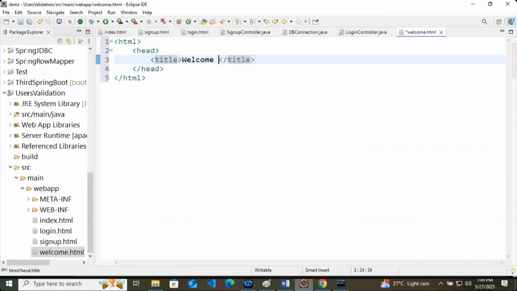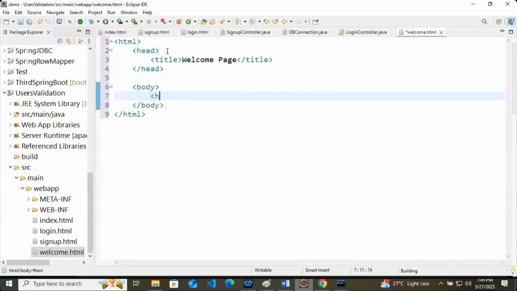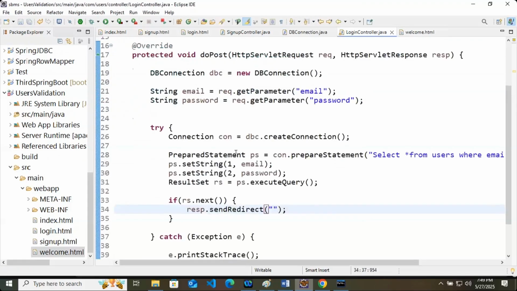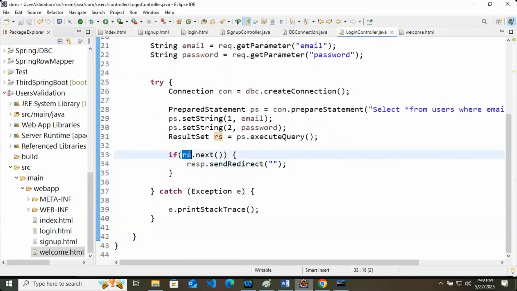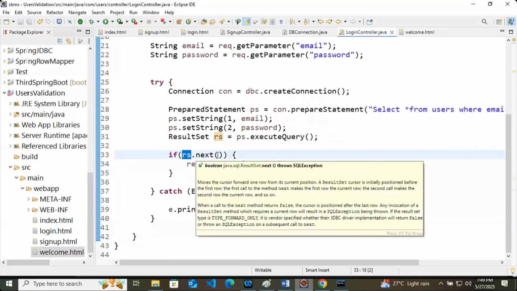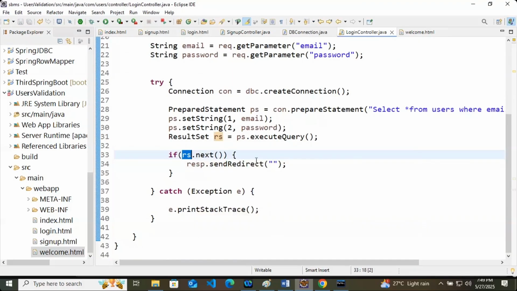Title is welcome page, and in the body we are writing welcome user like this. And in the login controller, if the user is available, rs dot next returns a Boolean value. If the user is available, we will sendRedirect to welcome.html.